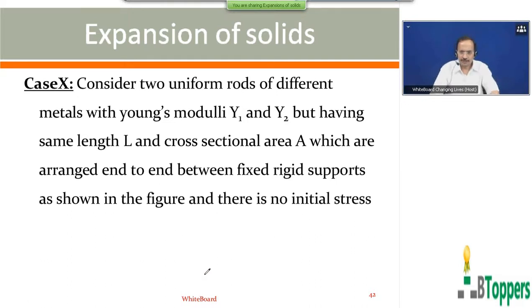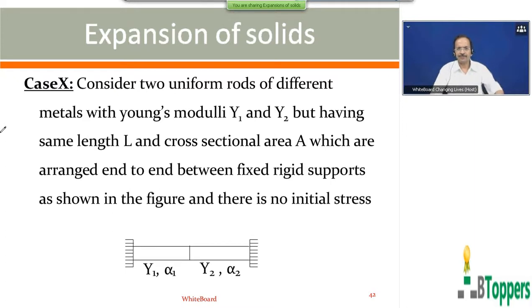So I'm going to first read out the conclusion that is shown on the screen. Later I will show you the systematic working for this conclusion, because some of the students may not be able to remember the conclusion, but if they know how to arrive at the conclusion, they will be able to work out the problems related to this case. So look at the screen here, listen here. Consider two uniform rods of different metals with Young's moduli Y1 and Y2, but having the same length L and cross-sectional area capital A, which are arranged end to end between fixed rigid supports, as shown in the figure,